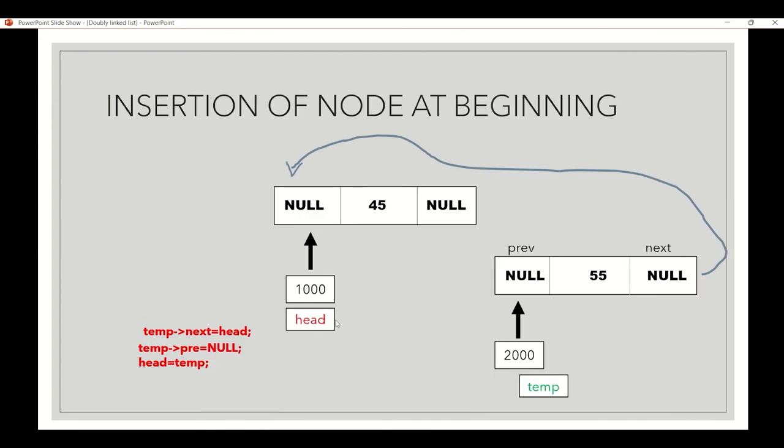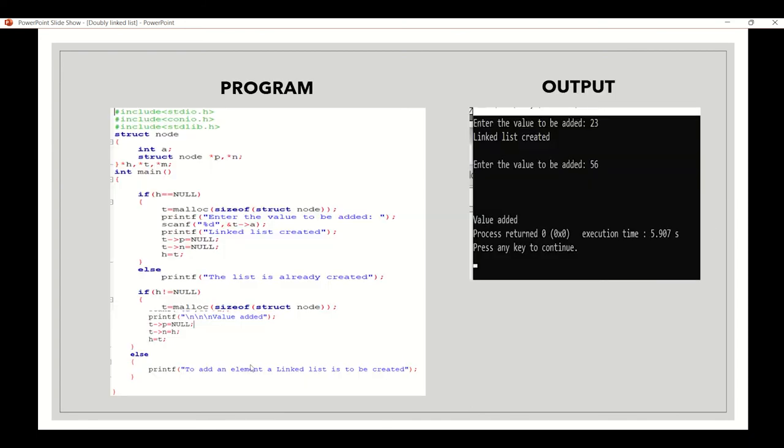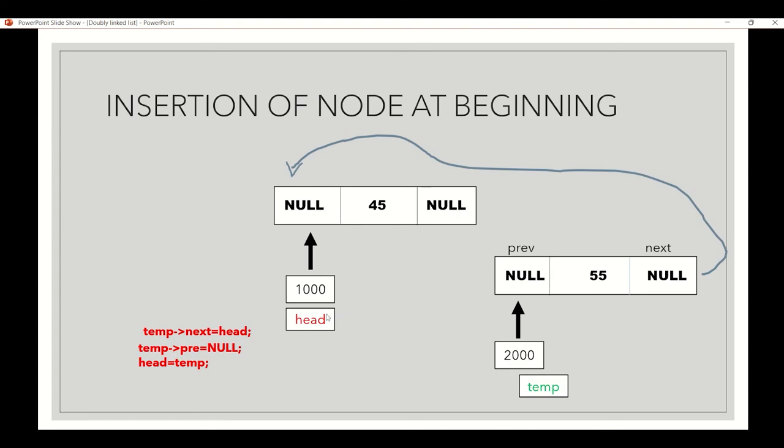As I said, head value as temp. If this works, a node will be added in the beginning, else we can't add at the beginning. So we have to see the condition, that is head is not equal to null.